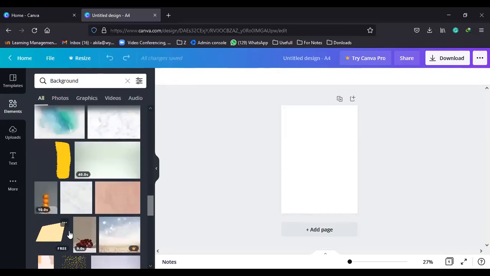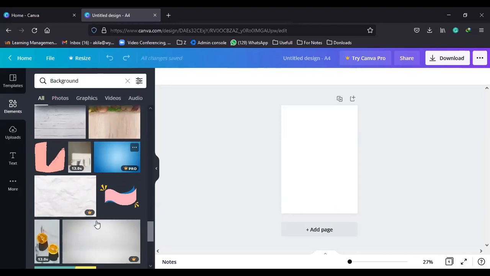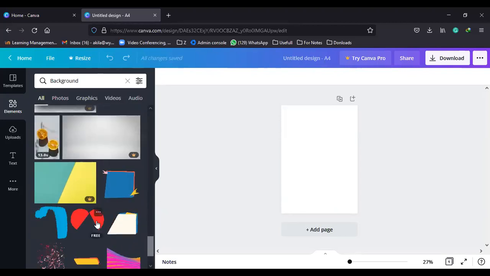Right, children. So we're gonna create a poster. You can design that for any event that you wish. It's okay. However, you must use the elements here, right? So in that case, you can select any of this background and just get an idea of what you're gonna do.